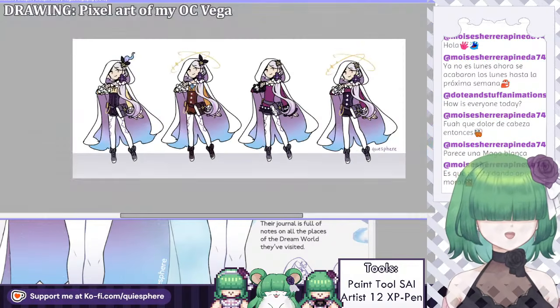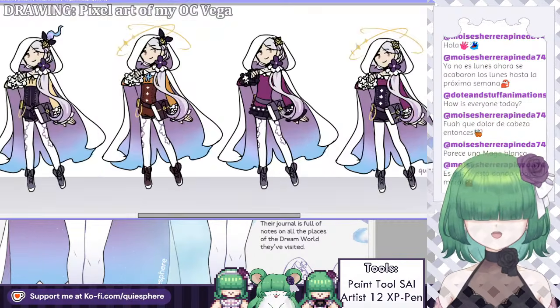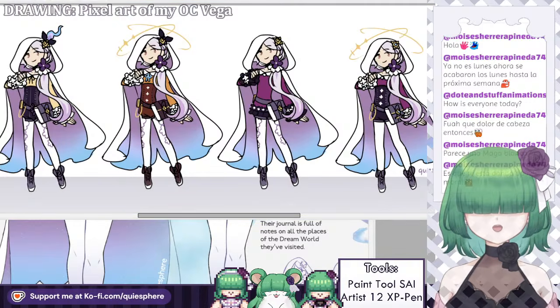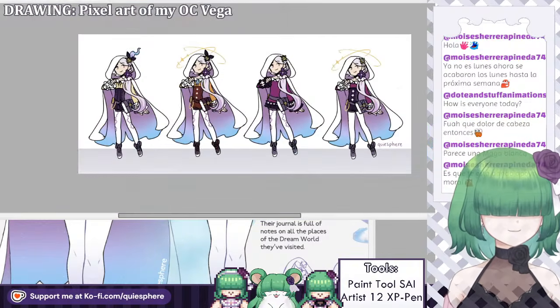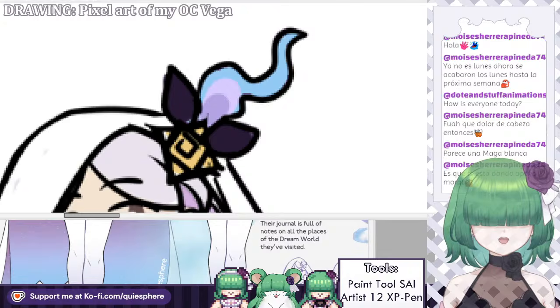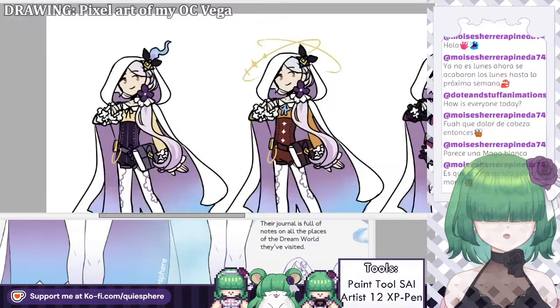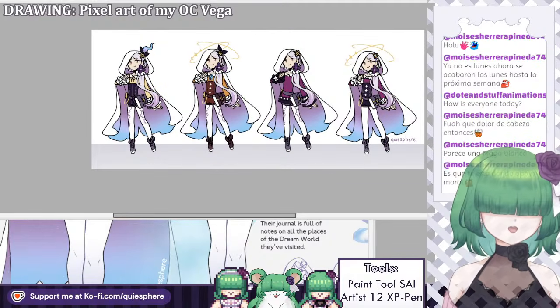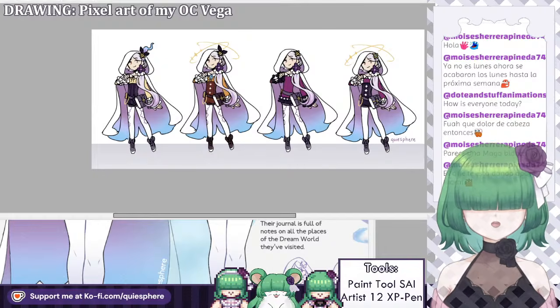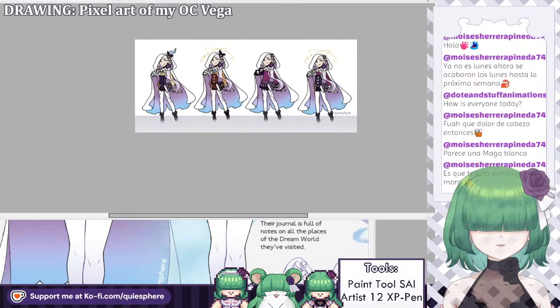This is how all the variations turned out of my first ideas for the design. There were some pretty cool things in there, like I like this flame thingy, but it was not super fitting. So I decided to not go with that in the end. But I like how it turned out in the end.